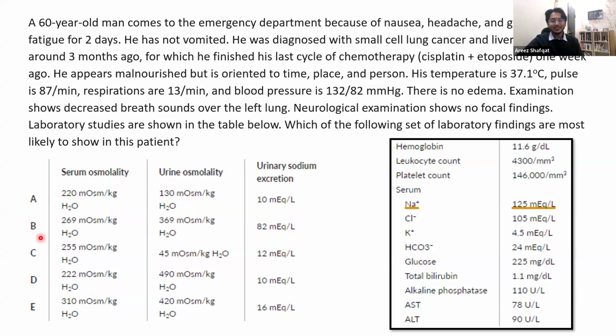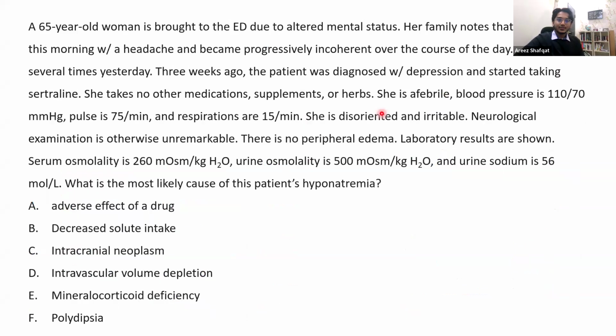Okay? This is a classic case of SIADH. Low serum osmolality, high urine osmolality more than 100, and high urinary sodium excretion. Any questions for this question? Any questions about this? No? Good. Good. A 65-year-old woman is brought to the ED because her family knows that she awoke this morning